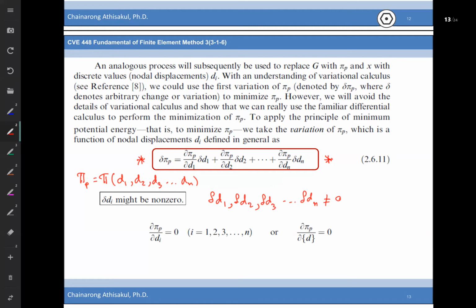So if delta d1, delta d2 and so on until delta dn are not equal to 0, then according to this equation, we take the variation of pi and set it equal to 0 based on the principle of virtual work, and we will find that